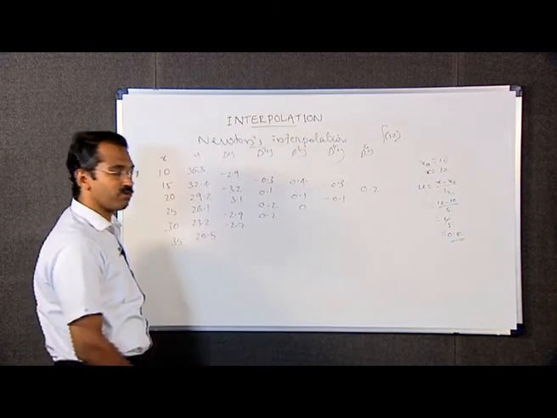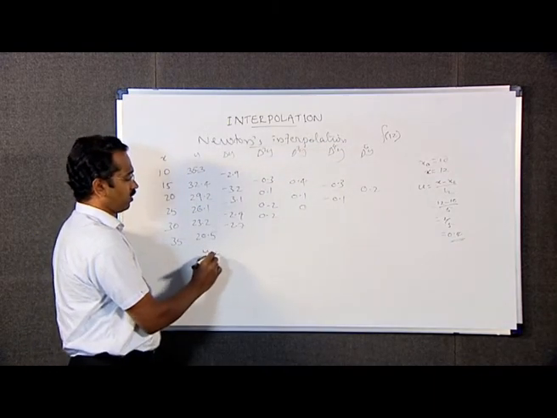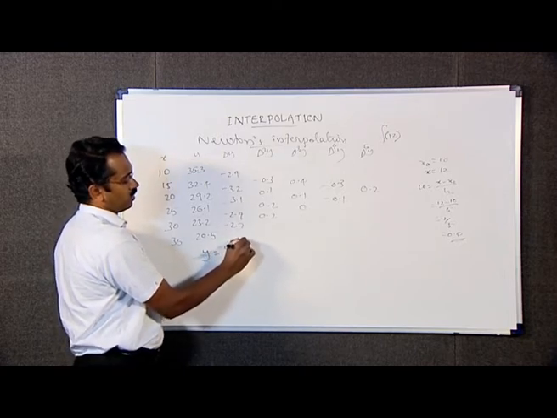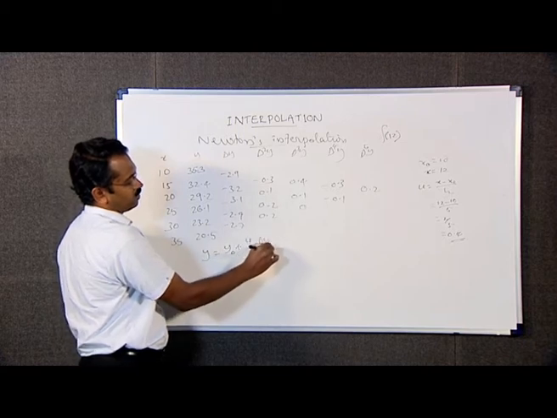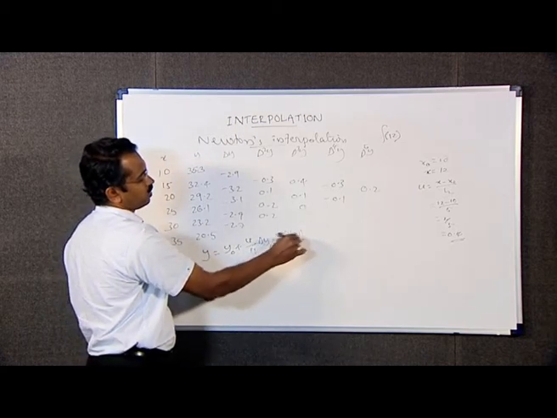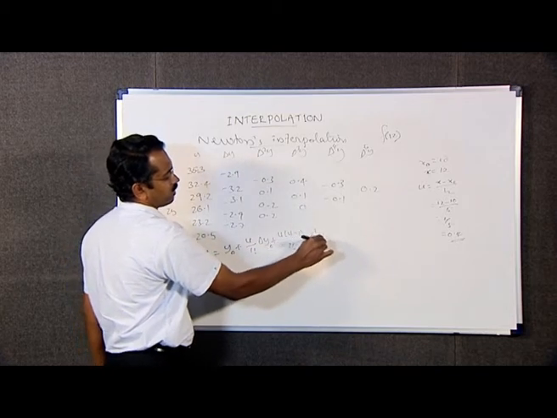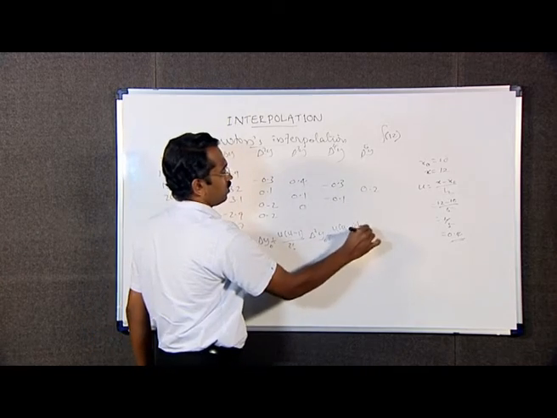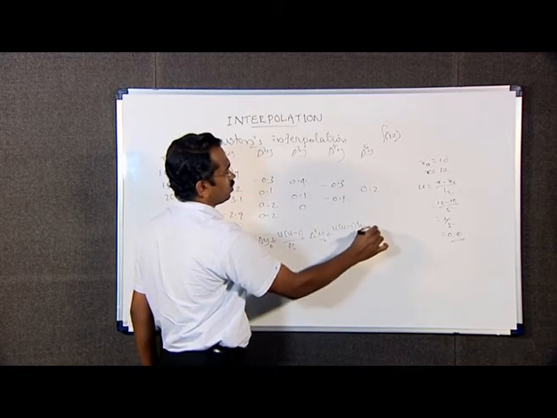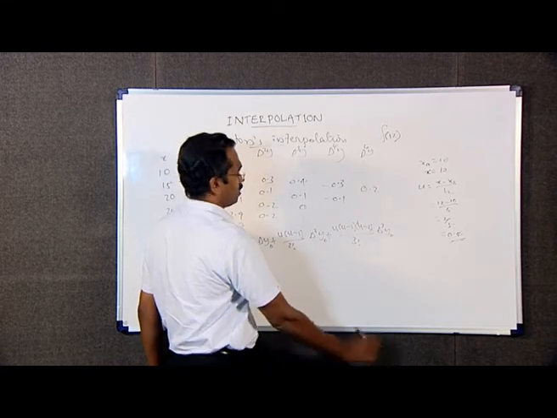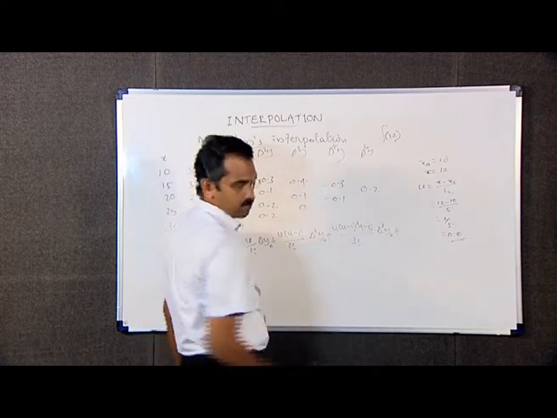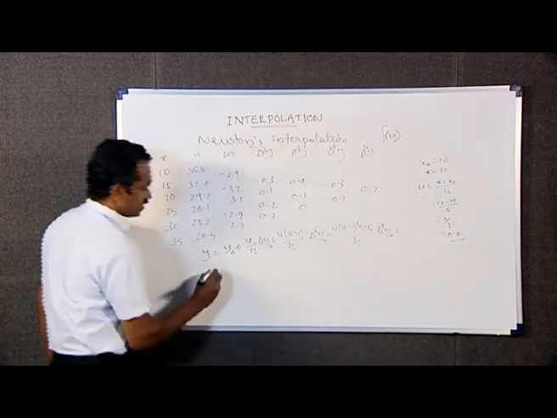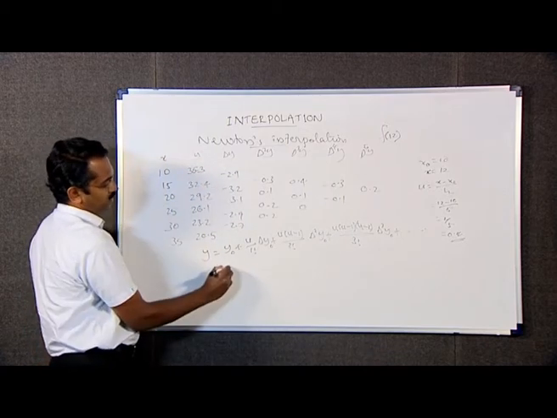By Newton's forward interpolation formula, we have y, which means f of x, is equal to y naught plus u by 1 factorial into delta y naught plus u into u minus 1 divided by 2 factorial into delta square y naught plus u into u minus 1 into u minus 2 divided by 3 factorial into delta cube y naught plus etc., which is equal to, here y naught is 35.3